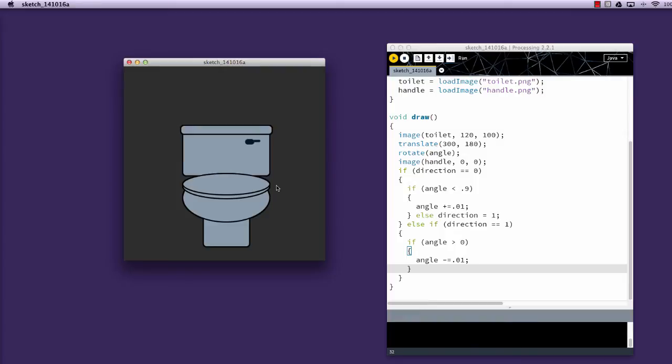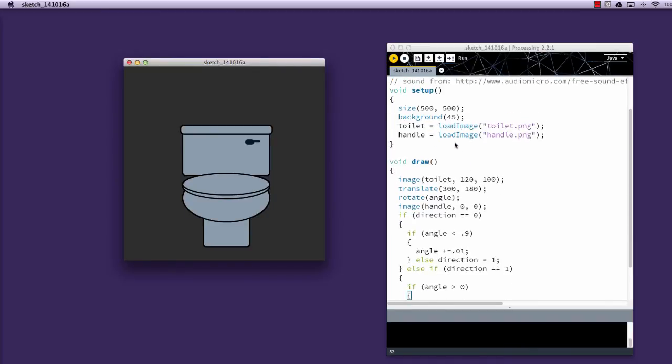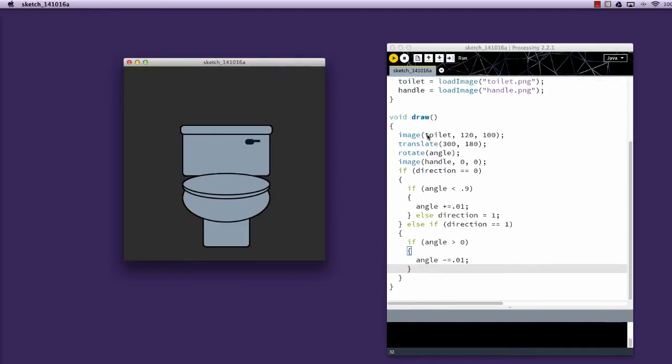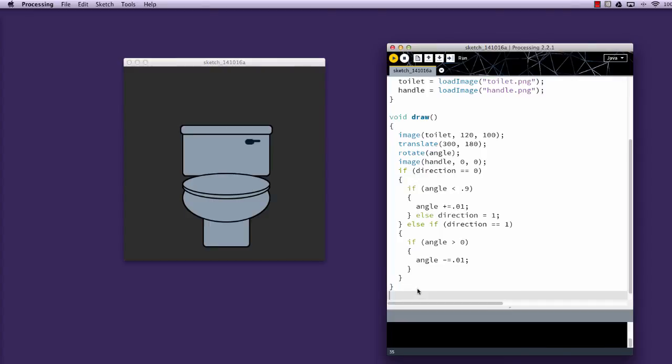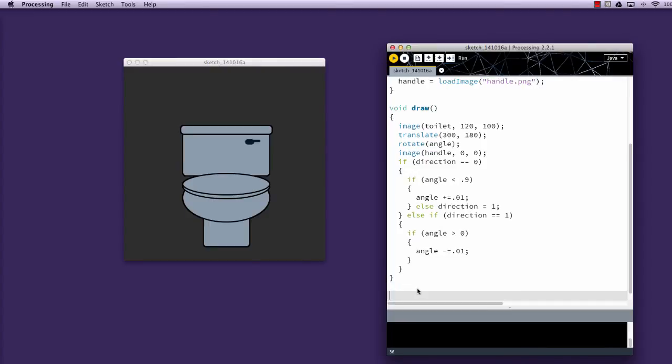Now to make a function, I'm going to simply declare a function, and we're already using functions. Setup is a function, draw is a function. So you can see that the first thing you have to do is declare if it's going to have a return type. Is it going to return anything to the calling function? In this case, it's not. And void means it's not going to return anything. So it's going to be void, just like void draw. And I'm going to call it void flush.